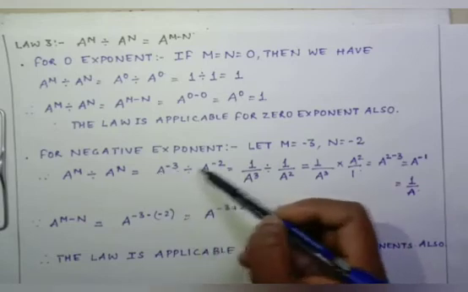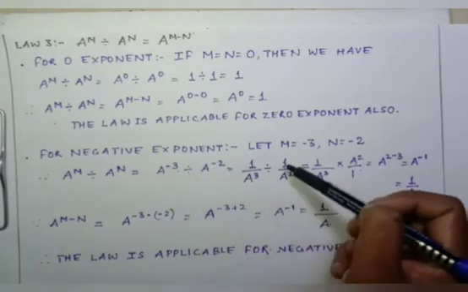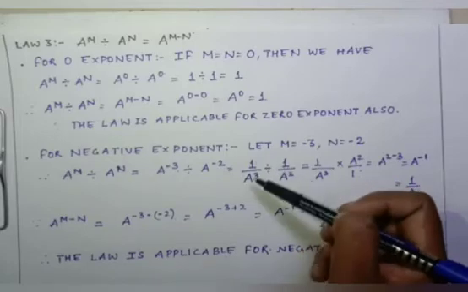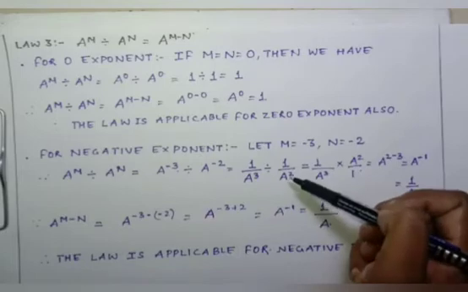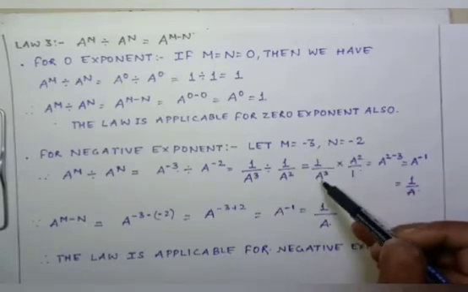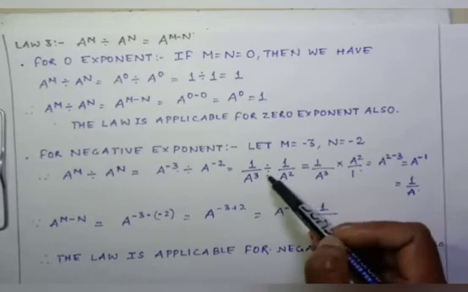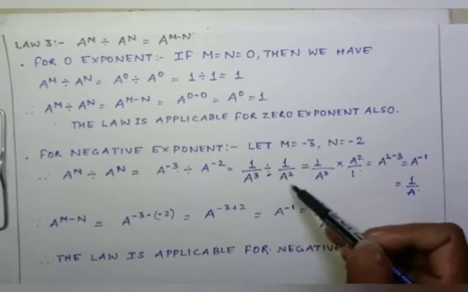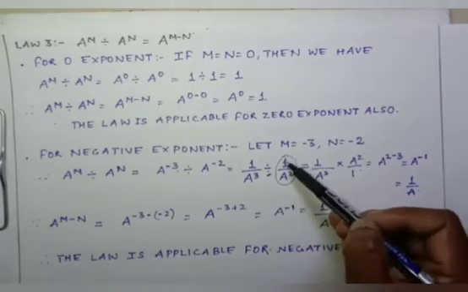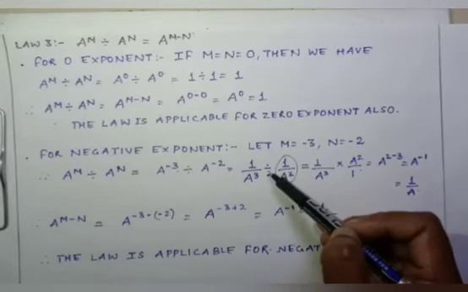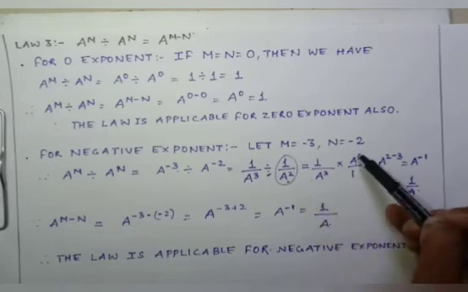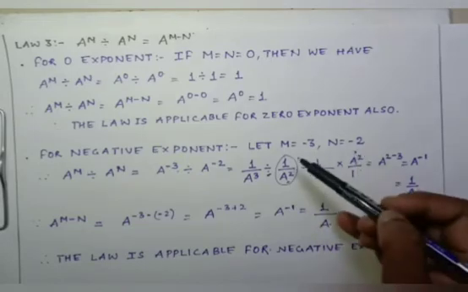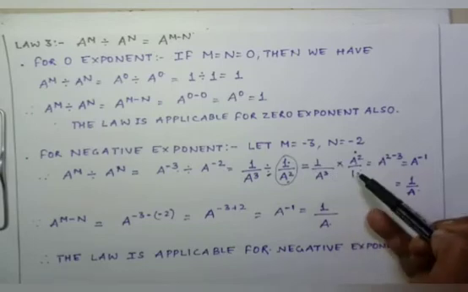Now both the powers are negative, so we are going to make the powers positive. So it will become 1 upon a to the power 3 divided by 1 upon a to the power 2. Now when we convert this division sign into multiplication sign, the number will be reciprocal. Over here it is 1 upon a square. So when I put the multiplication sign, the number at the denominator place will come to the place of numerator and the number at the numerator place will come to the place of denominator.